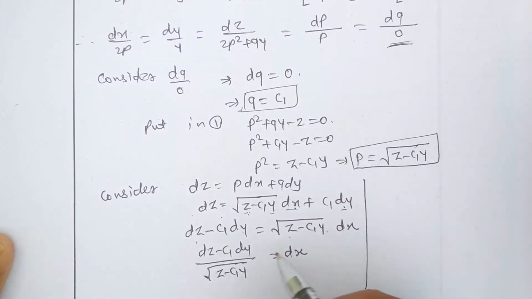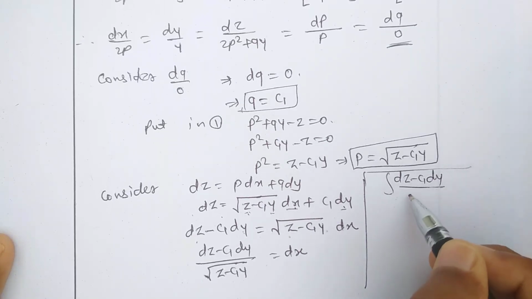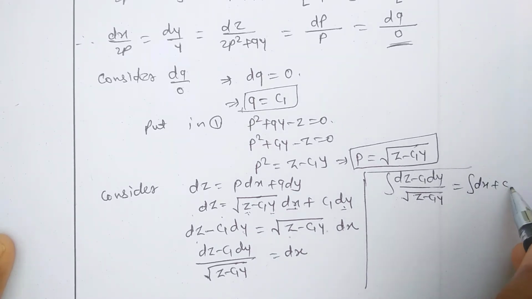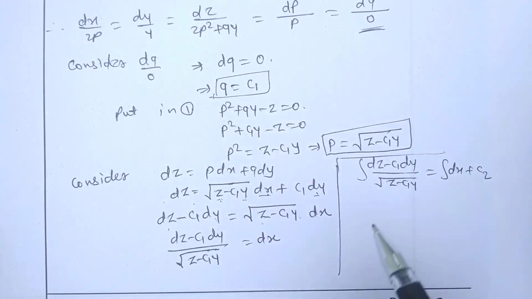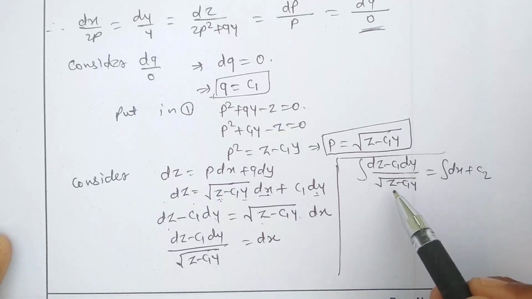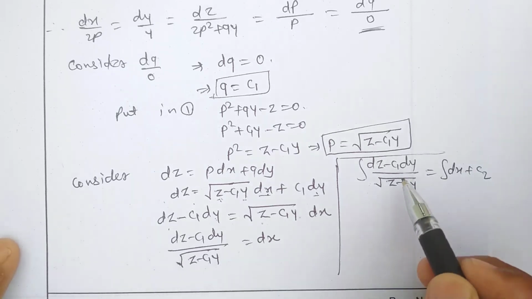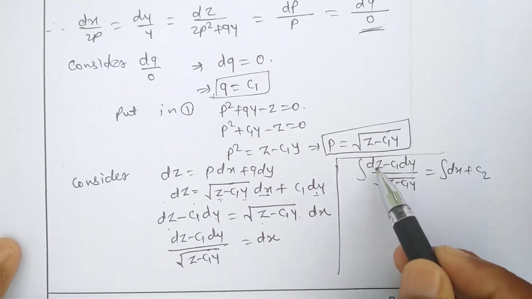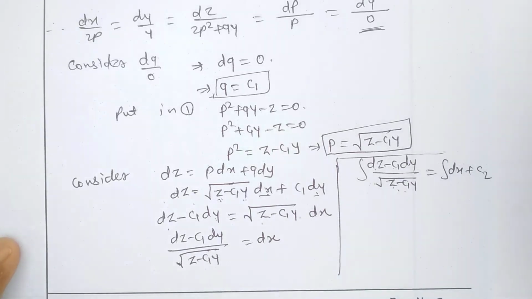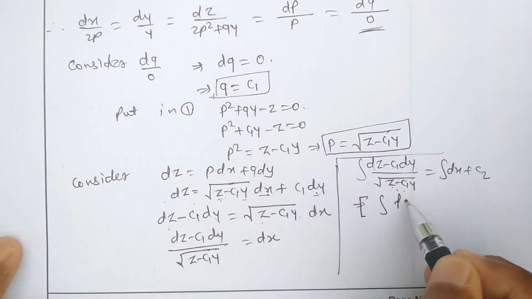Now we are going to try to integrate this. So on integrating we will get the integration of dz minus c1 dy upon under root of z minus c1y is equal to the integration of dx plus some integrating constant c2. Now to find the integration of the left hand side, we have to use the formula. If you see the left hand side integration, whatever the term in the under root, if you take a derivative of that term, the derivative of z is dz, minus sign is there, c1 as it is, and the derivative of y is dy. That means this term is in the form of integration f dash upon